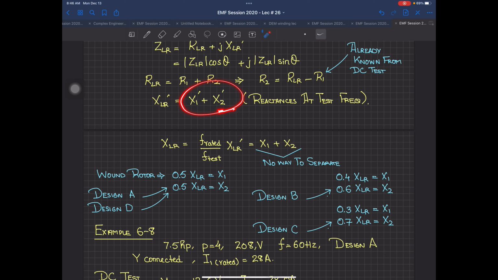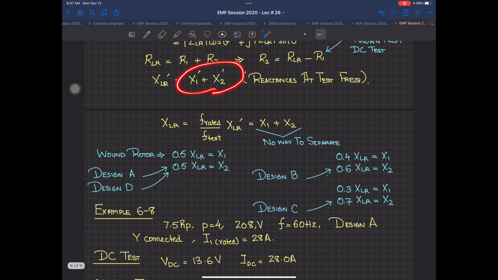But my suggestion, though you don't need to do that, would be that when you have this x1 bar plus x2 bar, you separate them, x1 bar and x2 bar, and then take them to their respective frequencies. If you are working in design class B, then x1 would be approximately equal to 0.4 XLR, and x2 would be 60% of that value. So when you have separated them, you do this for your stator at 50 hertz, and for the rotor at 5 hertz or 6 hertz. That's the main thing.